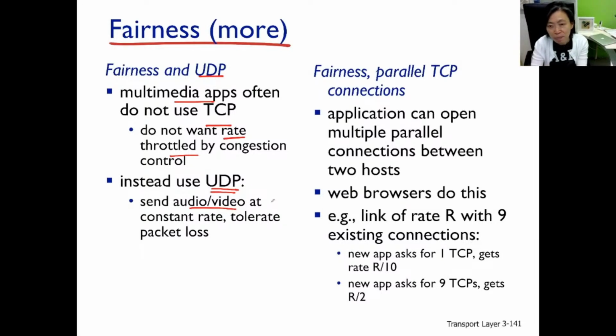Of course not. And not to mention this, what if you have applications who open up multiple parallel TCP connections, versus other applications who open one TCP connection at a time to send data? Now consider this case. A link of rate R with 9 existing connections already, right? Then each has an R over 9 share of the bandwidth. When a new app comes in asking for 1 TCP, that app will share with the 9 existing connections and each gets